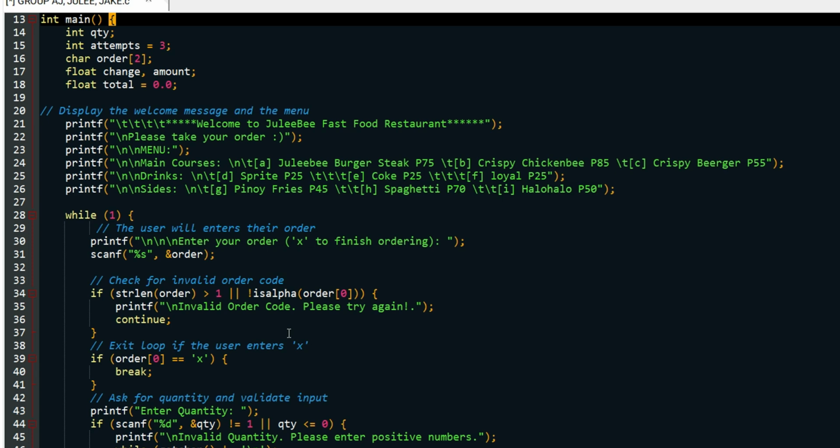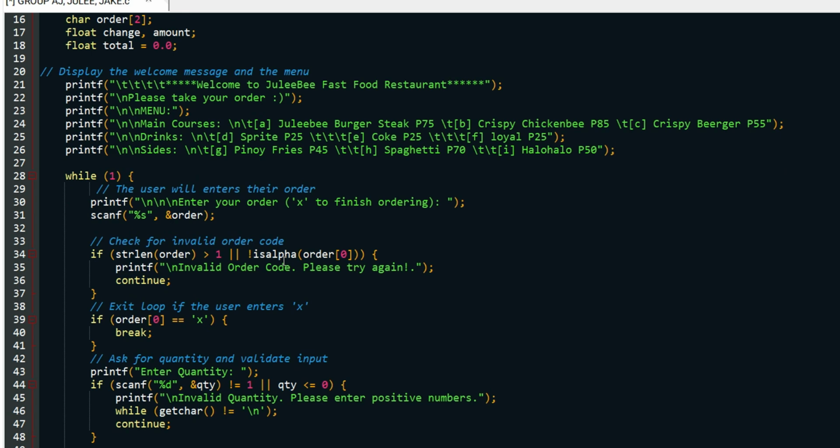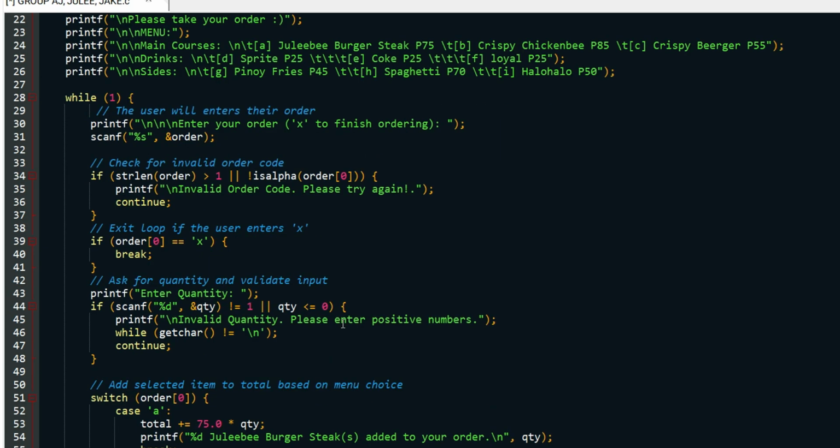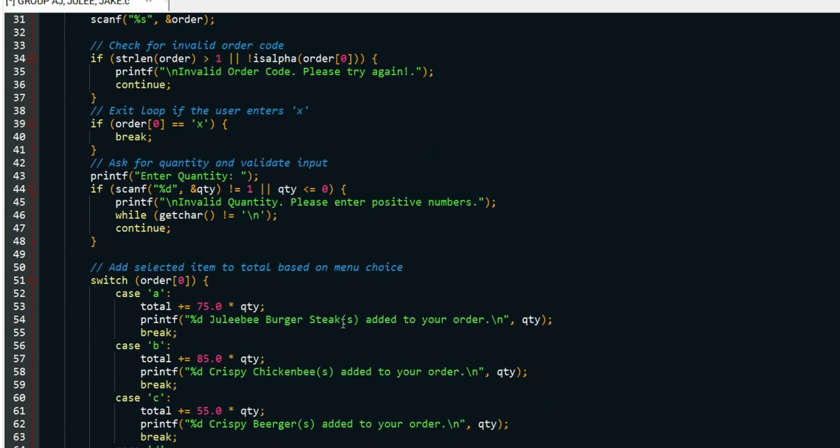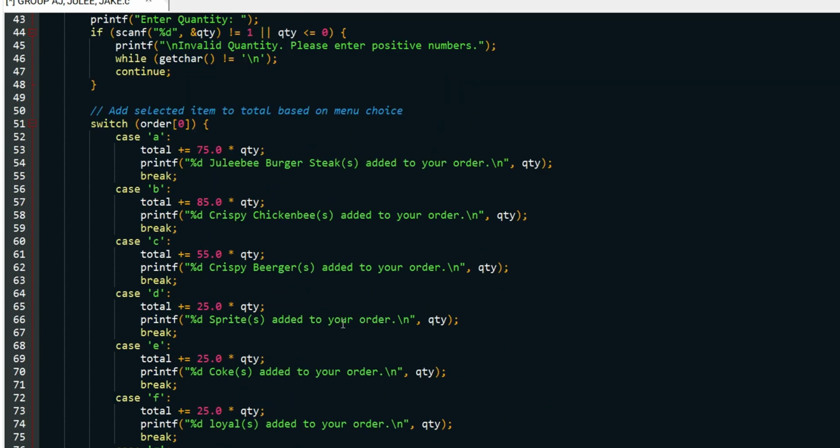In order input, we use a while loop that repeatedly asks the user for an order, and the user will enter an order code like A, B, or C, which corresponds to the items on the menu. If the user enters X, the loop will break, and it will continue to the payment and item validation. And after the user orders, after the order input,